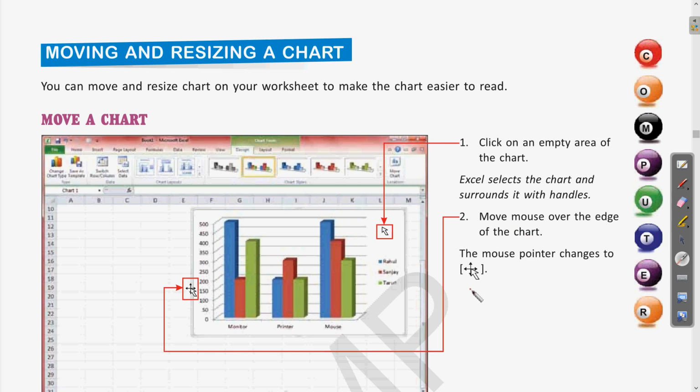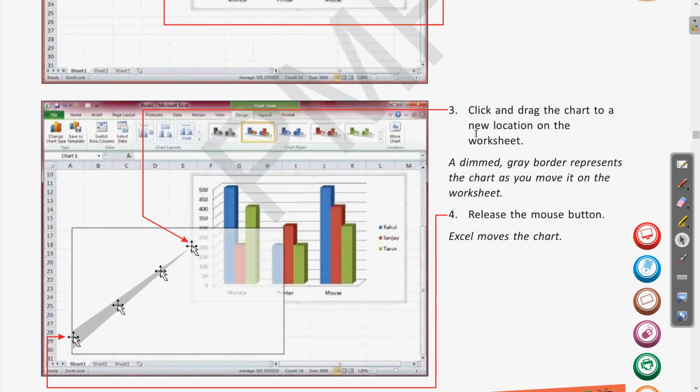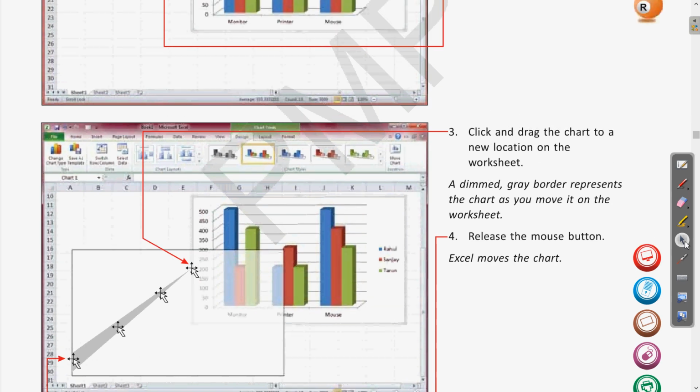Then move the mouse over the edge of the chart. The mouse pointer changes to a cross type of symbol which has arrows in both directions. When you click that on the edges of the chart, you can now drag the chart from one position to another. Here in step number 3, click and drag the chart to a new location on the worksheet.